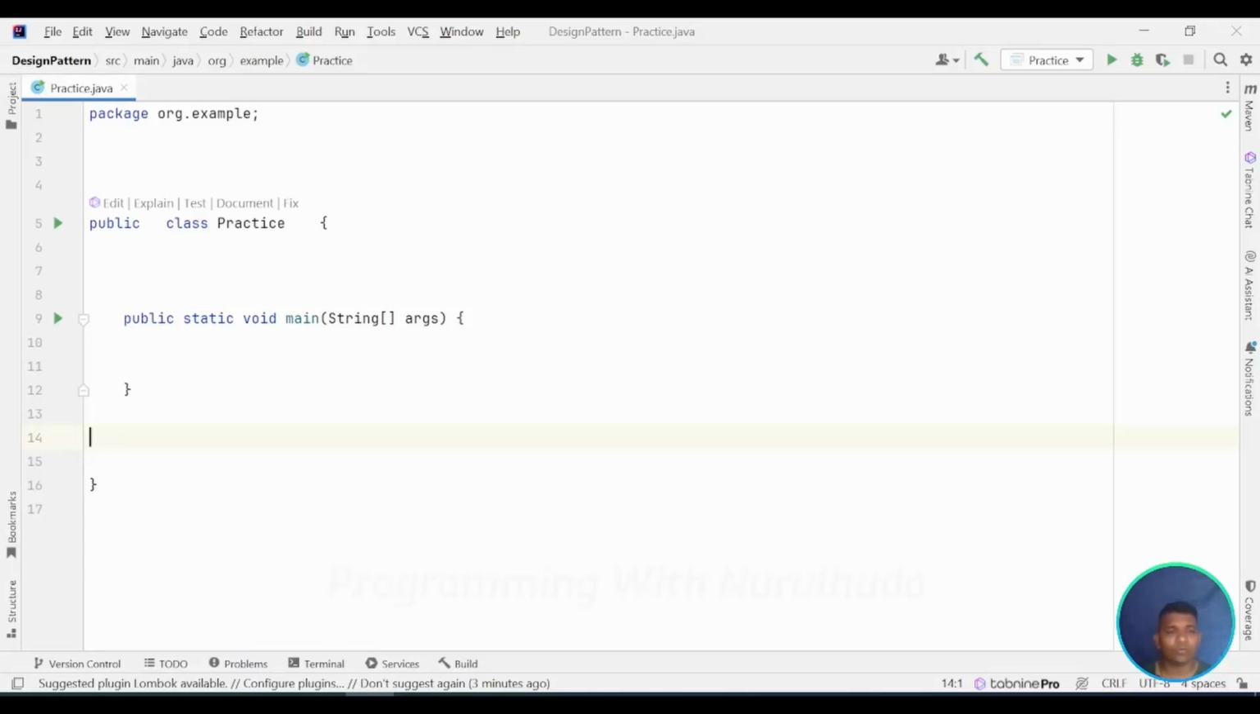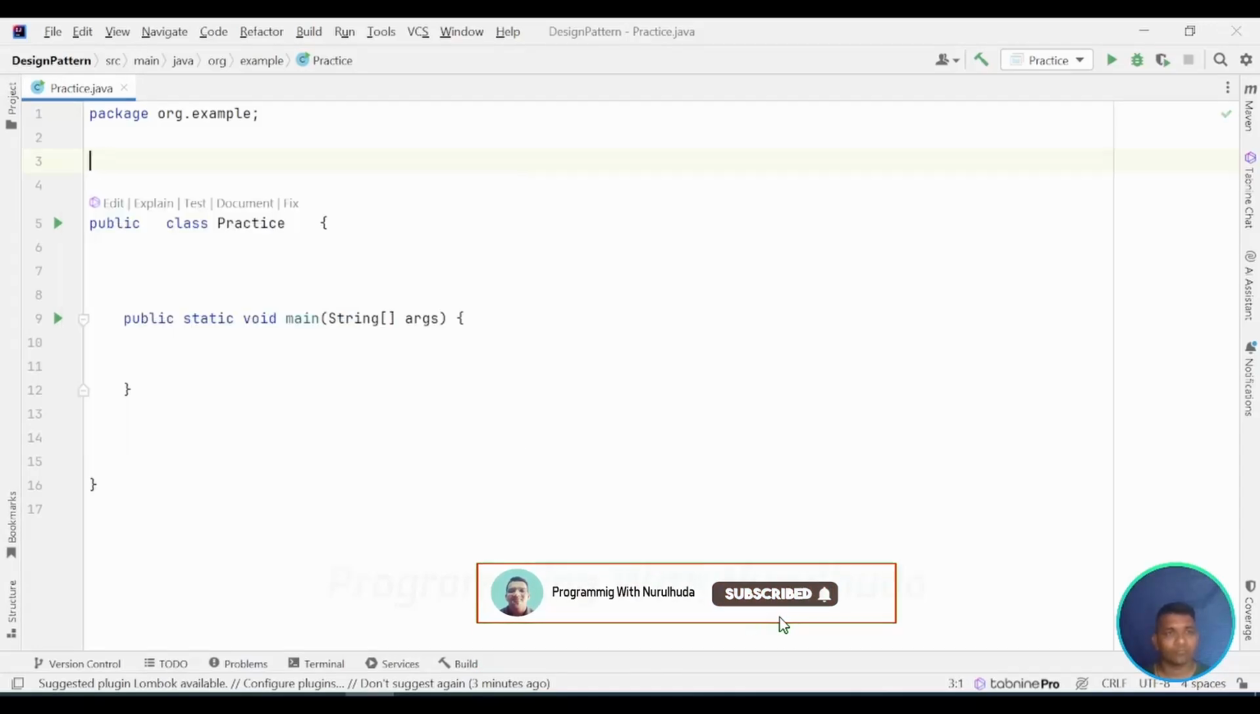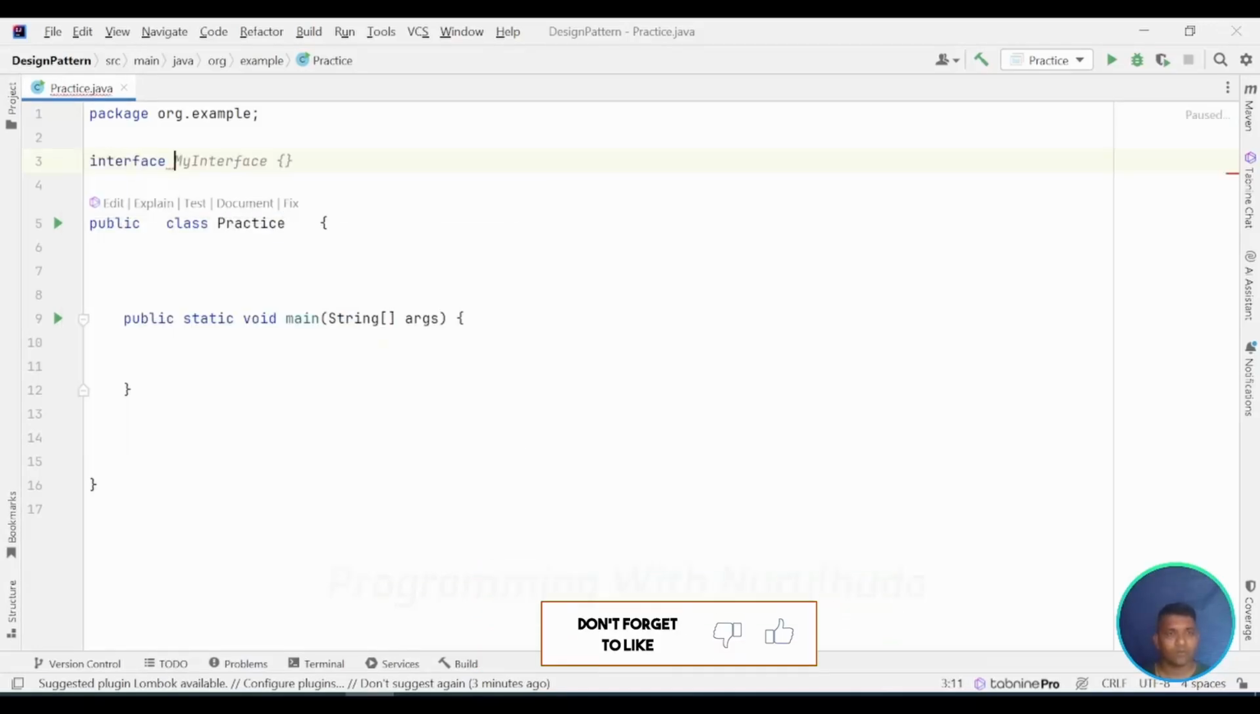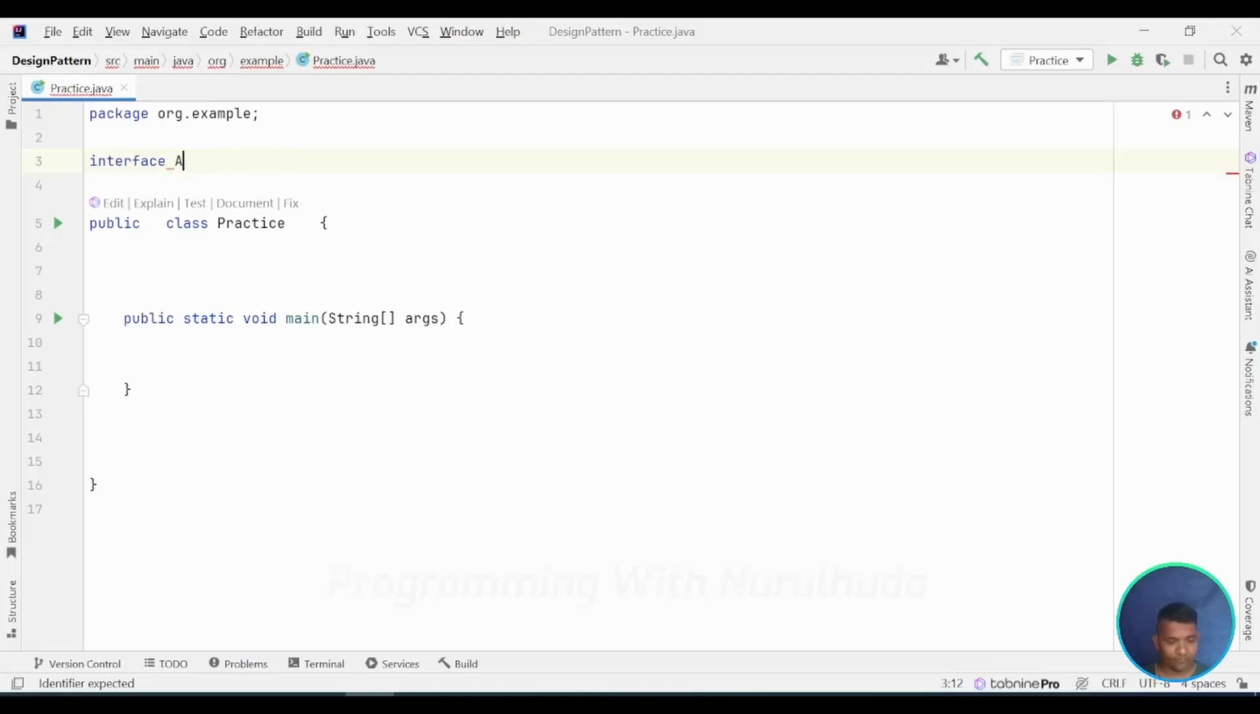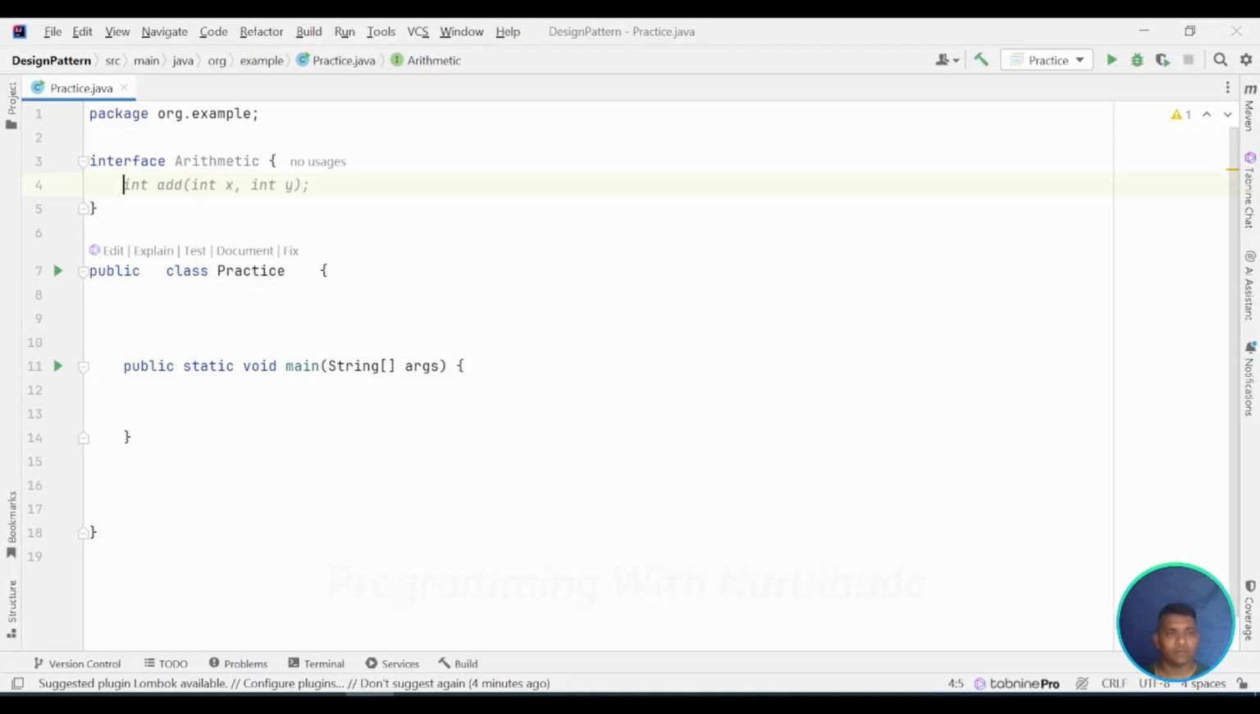Today we are going to implement abstract method implementation using lambda. So now for that we need to create one interface, Arithmetic, and it has one abstract method add,